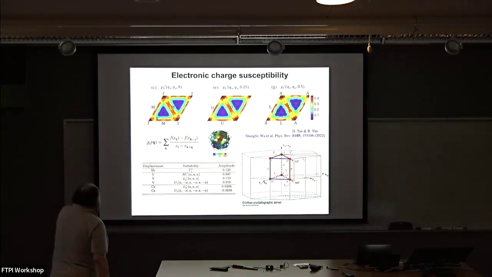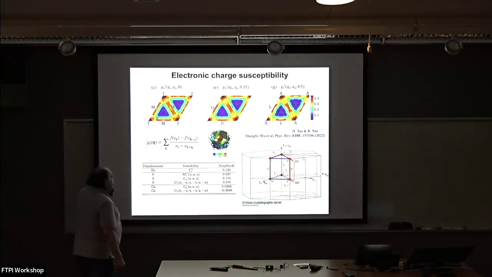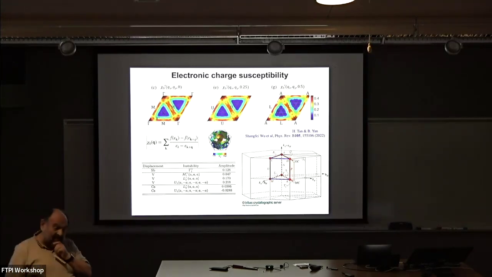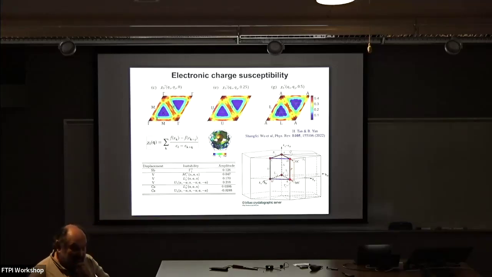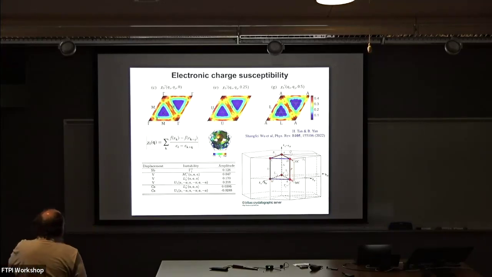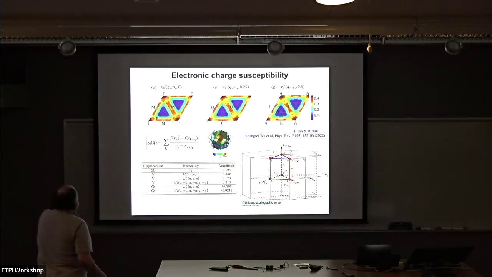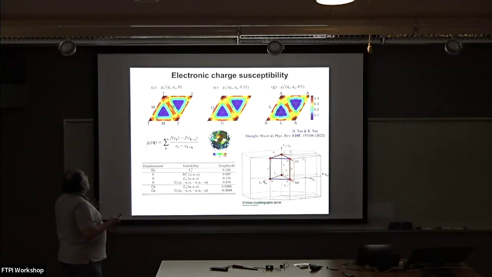Now, we went a step further, and in collaboration with the Weizmann group, Bin Xianghan, we tried to calculate the static susceptibility, essentially following the recipe of Igor, who did a similar thing on niobium diselenide about 25 years ago. And similarly to that result, we found that there is no point where we can see a sharp divergence of susceptibility. The U point shows the largest one, so there is enhancement of susceptibility in many points, but there is no obvious